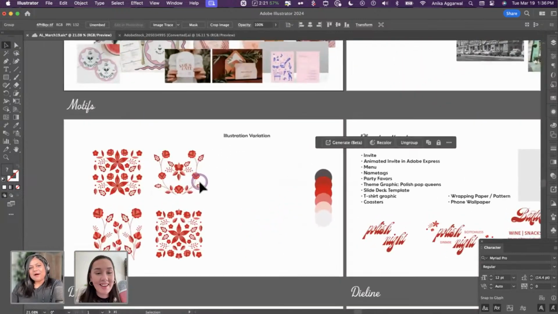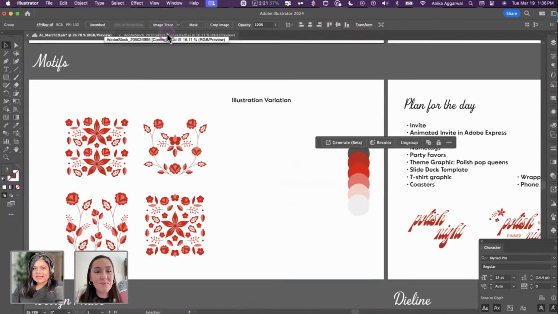I love it. But I did want to make this accessible and sustainable because I plan to do it every month whenever we throw a dinner party, and it is five of us friends. I don't want to invest a lot of time in it, and I feel like that is such a thing when you have assets for your clients, or your clients are okay licensing a stock illustration, and then you can use it in your design. So make sure to read the licenses, whether it's a personal, standard or extended license.